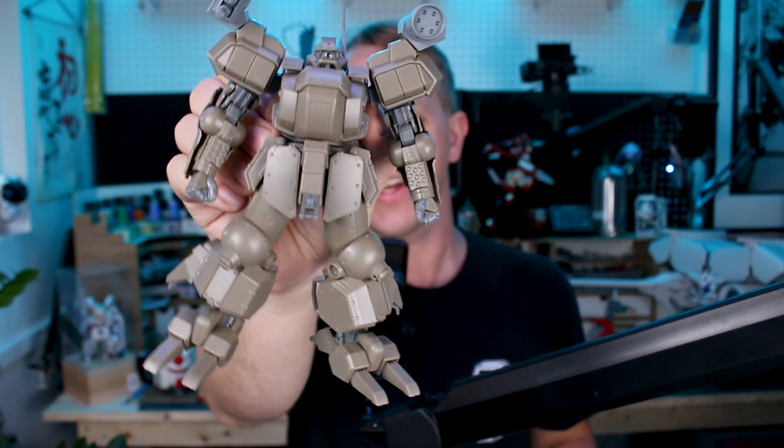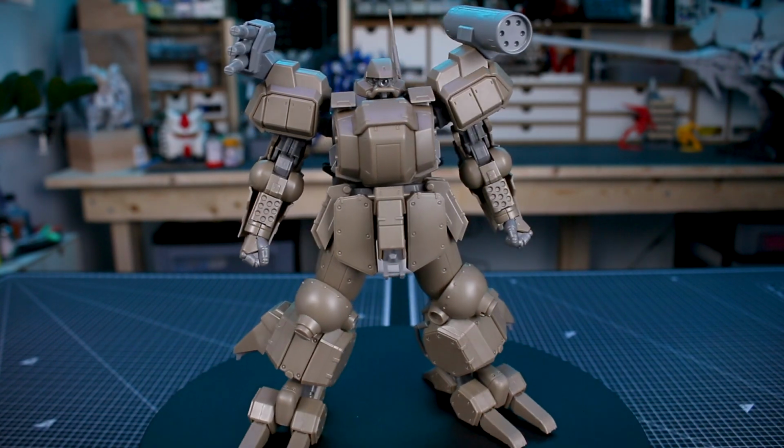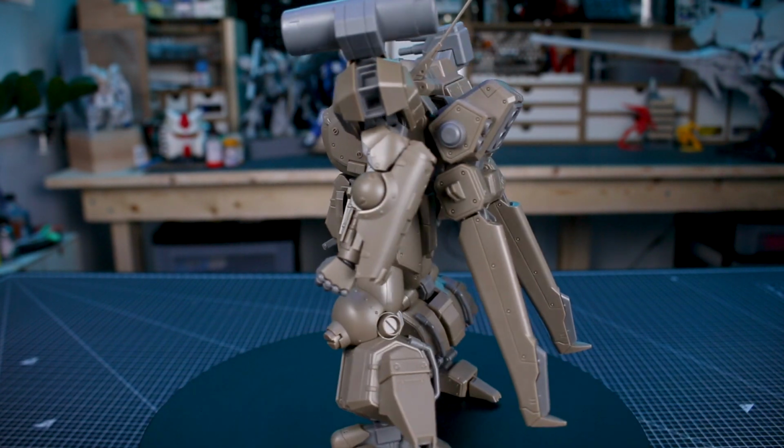Alright guys, here's the kit all built up. Now, not going to be anything too flashy in terms of the color scheme, as this has a very utilitarian look to it, not only in the color but also the design as well. And as expected, I definitely do have a much better feeling about this kit now than when I built a different version a couple years ago, as this is definitely the kind of kit that you have to come at